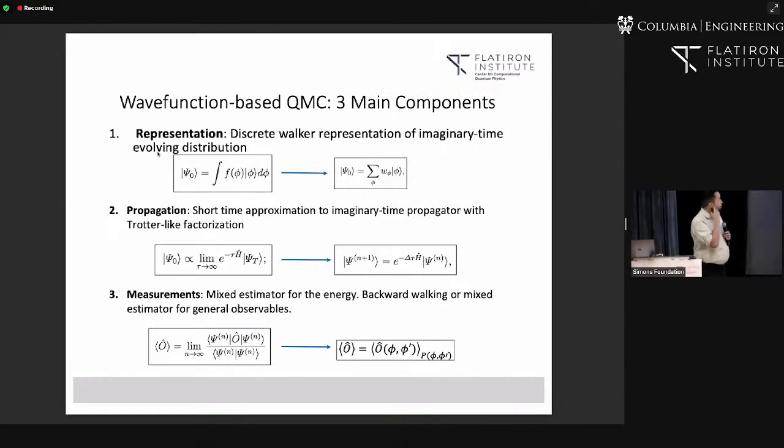A very brief introduction about wave function-based quantum Monte Carlo, and thanks to Claudia, I don't have to go too much into this. This is my sort of one slide review of, by the way, I'm specifically talking about wave function-based QMC. QMC means many things to many